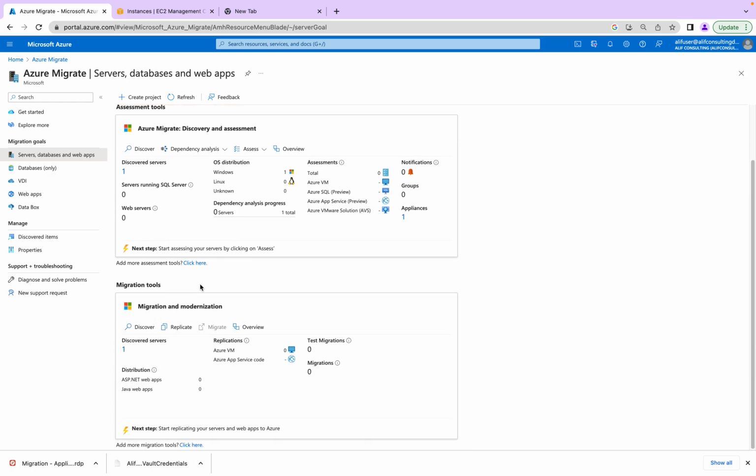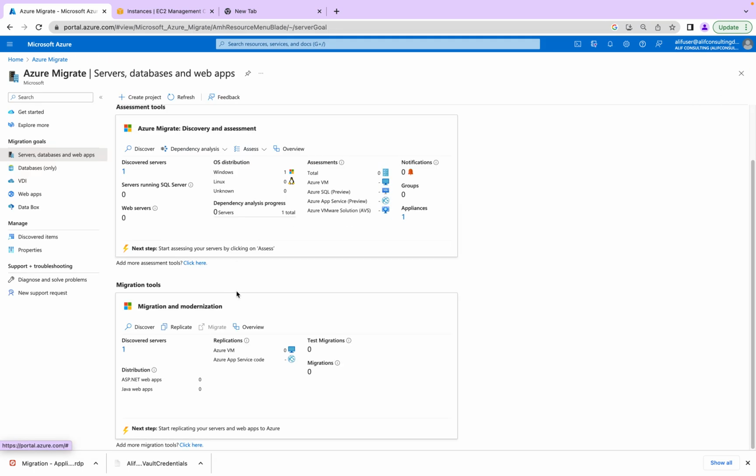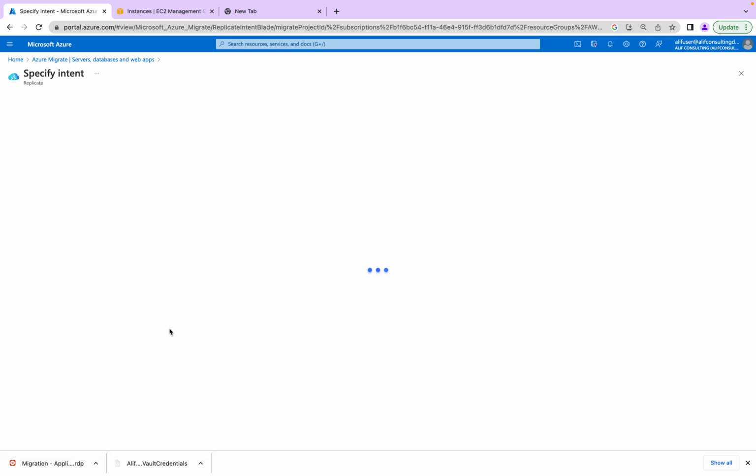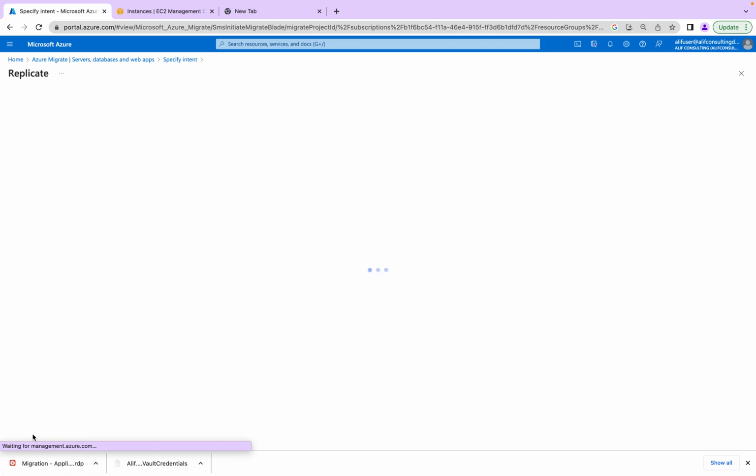To do the migration, what I need to do first is the discovery. If you see, I already have one discovered VM, right? However, I cannot use the discovery appliance to do the migration, right? So for the migration, I need to have a separate appliance, right? So how I can set up that appliance is, first of all, I need to click on replication, right? I need to select where I want to migrate, right? So I want to migrate it to the virtual machine. And where do you want to migrate from? I want to migrate it from the Azure, right? And then click on continue,